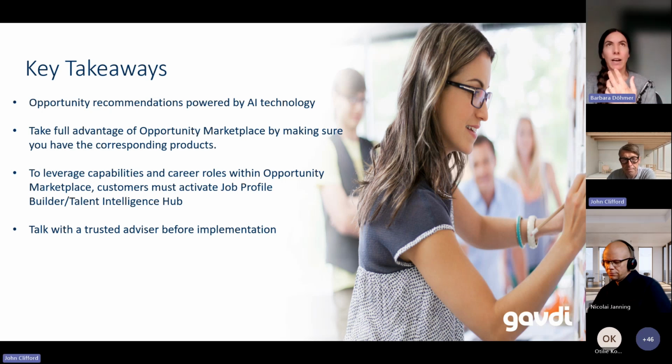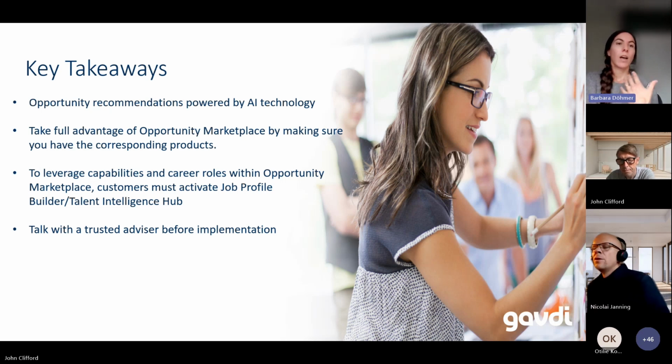Now, in order for you to take full advantage of Opportunity Marketplace, you need to make sure that you have the corresponding products. You need to make sure that you have learning, succession and career development for the development goals, for developing the career, and recruiting management, just to get the best matching job opportunities that are internal within the company.